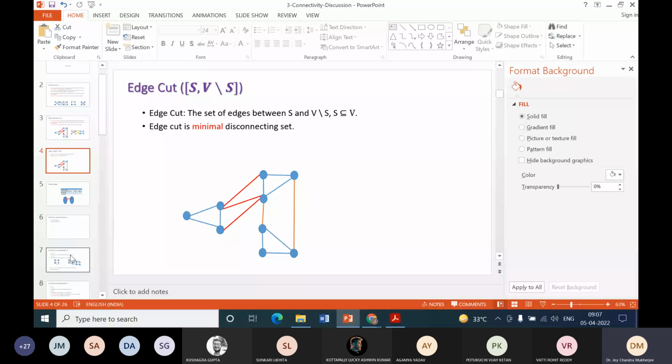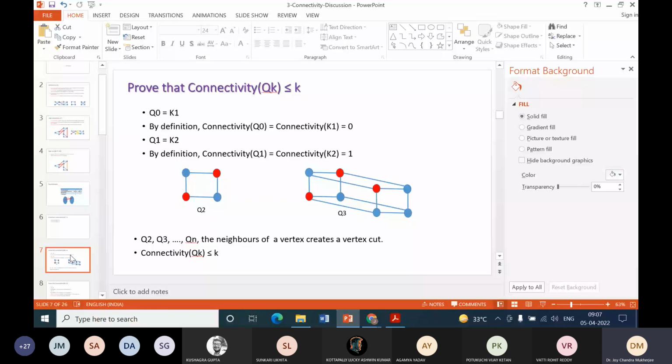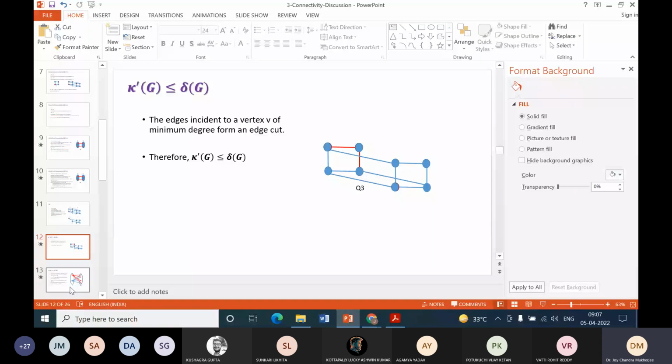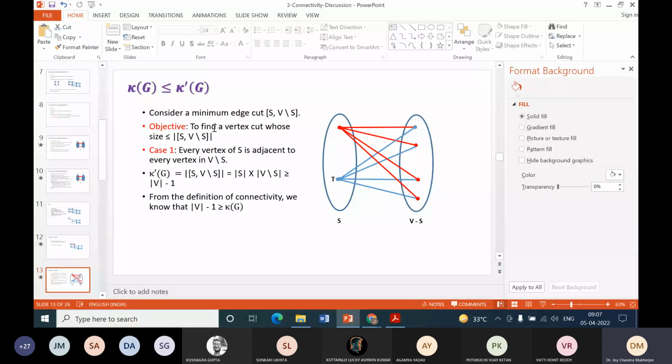And we have proven a few theorems on connectivity of hypercube, and we have a few interesting results like delta G greater than or equal to kappa prime G, and kappa prime G greater than or equal to kappa G. So this is vertex connectivity less than or equal to edge connectivity less than or equal to the minimum degree of a graph. So today we will characterize